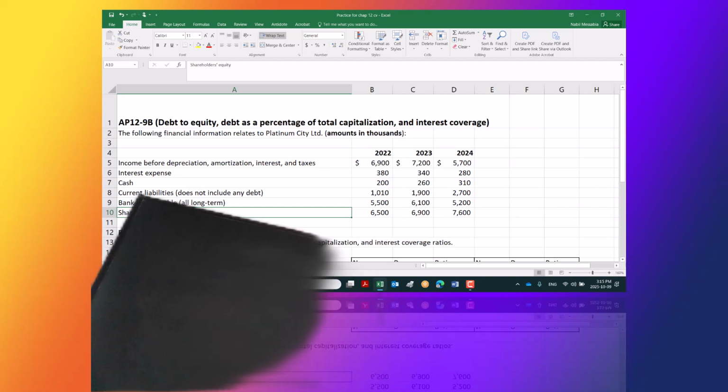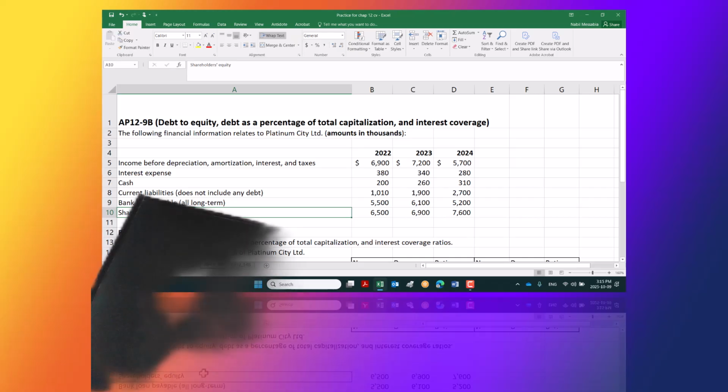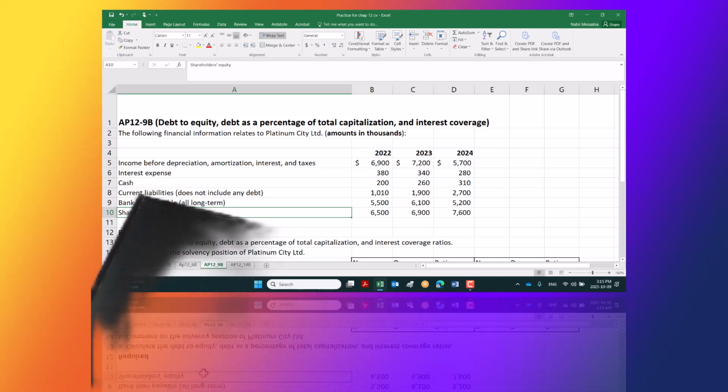Before you go to the calculation, you have to identify what you need. You have to identify the numerator. Where does it come from? So income before depreciation, amortization, interest and taxes. We'll seek this information where? Income statement, of course, not in the balance sheet. Go to your income statement,